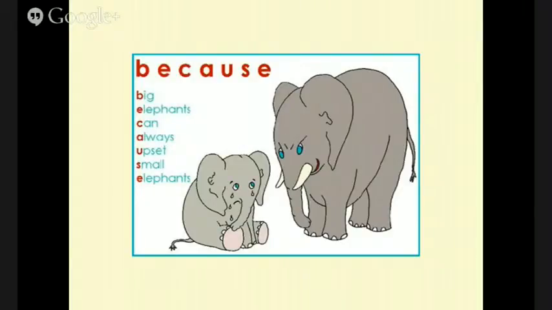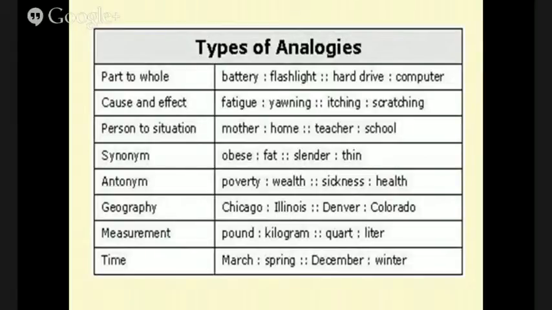मैडम ने क्या पढ़ा, छोटे बच्चे की बात कर रही हूँ. It's very easy to. Big elephants can always upset small elephants. ठीक है. अब देखिए, then there is analogies. Analogies क्या होता है, 2:4 is to